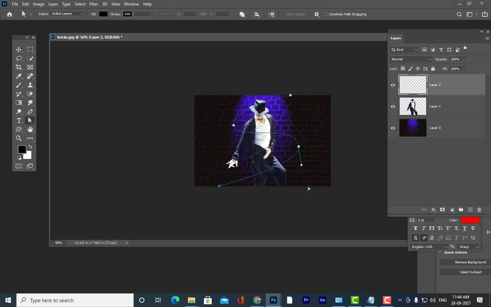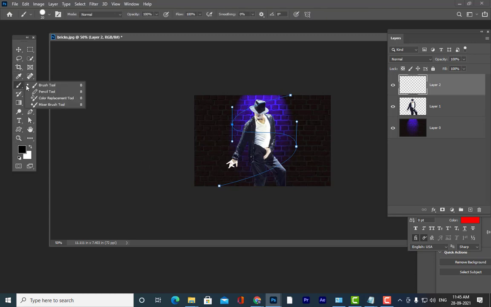Okay. And in the pen tool class, I told you how we can convert a path to a brushstroke. I think all of you remember that, right? Path to a brushstroke. Also, I am going to make this brushstroke in such a way that it has thickness in the middle and sharpness on the corners. For that we have to use the brush settings and the simulate pressure option. I think all of you know that, right?